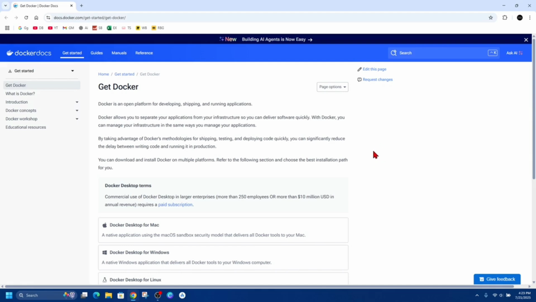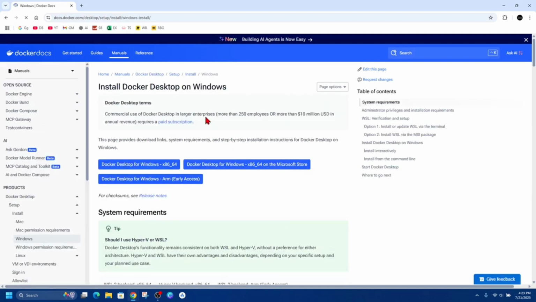Okay, so the first thing we need to do is make sure we have Docker installed on our computer. So go to this site here, docs.docker.com, get started, get Docker. Then from here, scroll down and click on Docker Desktop for Windows. Now this page is going to provide download links, system requirements, and also step-by-step installation instructions for Docker Desktop on Windows. So I'm going to go ahead and click on Docker Desktop for Windows, and now it's going to